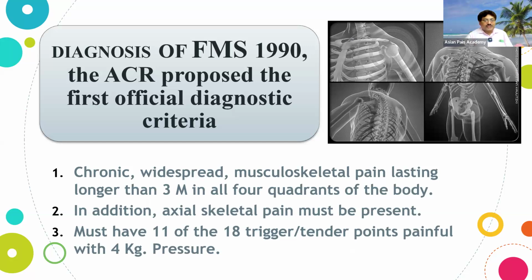The first diagnostic criteria for fibromyalgia was established in 1990, when the ACR, the American College of Rheumatology, proposed the first official diagnostic criteria for fibromyalgia. It was diagnosed as chronic widespread musculoskeletal pain lasting longer than 3 months, and pain should be present in all 4 quadrants of the body. In addition, axial skeleton pain should always be present, and there were 18 trigger or tender points defined